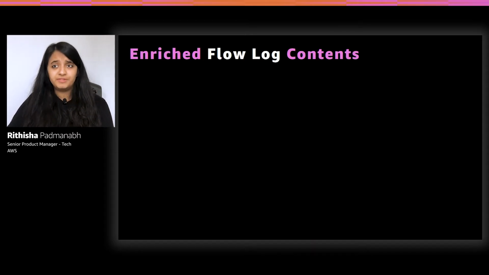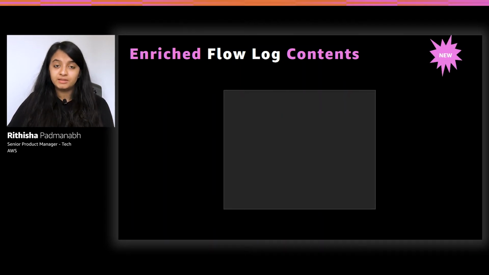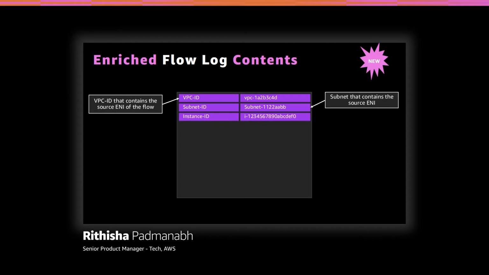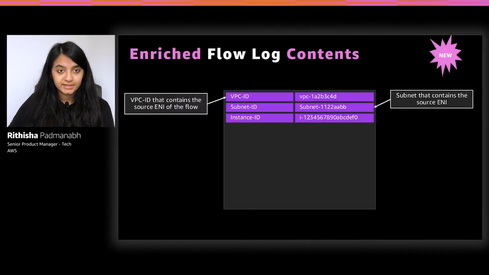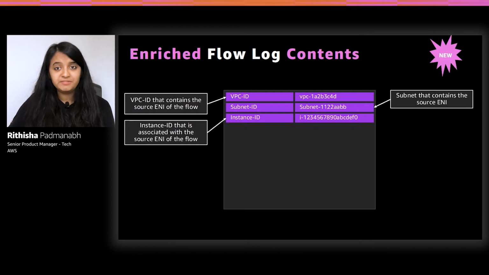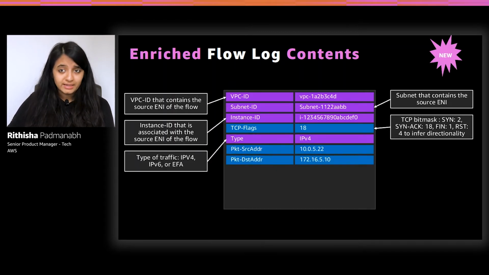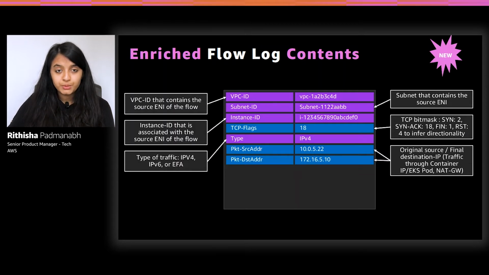Apart from these default fields, we've also recently launched a set of enriched metadata fields that give you quick and actionable insights without having to join with other data sources. For instance, we have resource IDs, that is VPC ID, subnet ID, or instance ID to get aggregated views. TCP flags, that's very helpful to infer directionality of your TCP connections, the connection originator. The type of traffic, the packet level IP addresses, which are useful to identify the packet source and destination address,